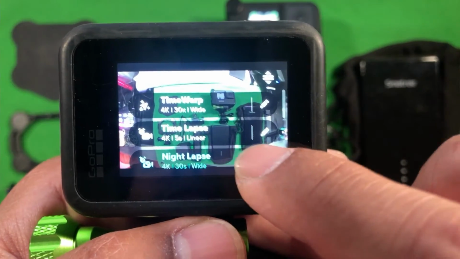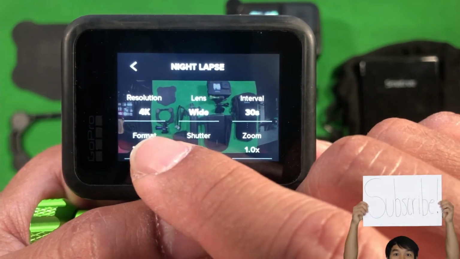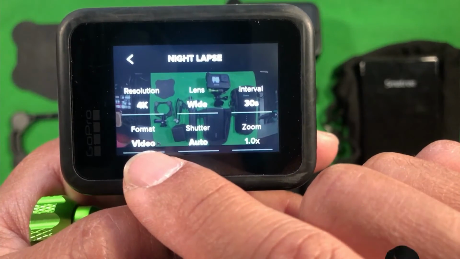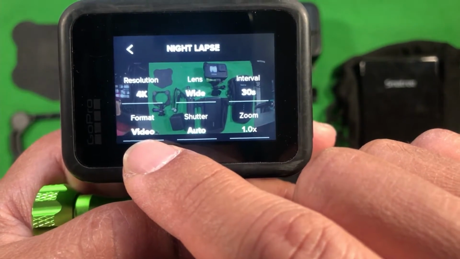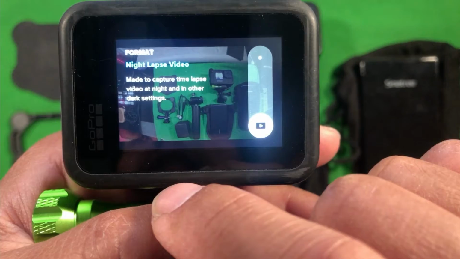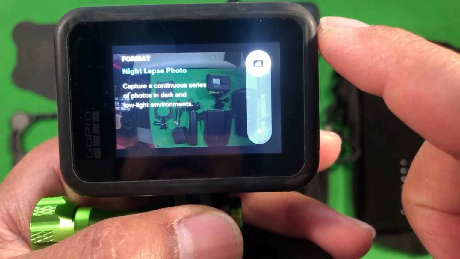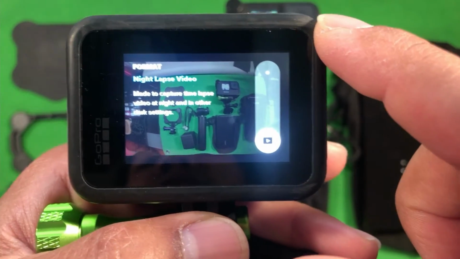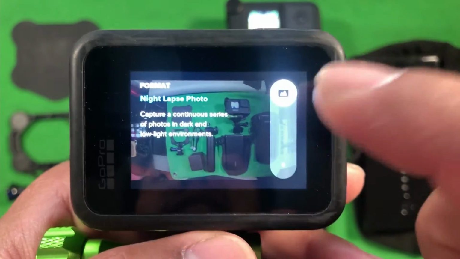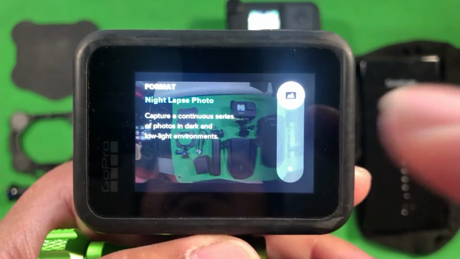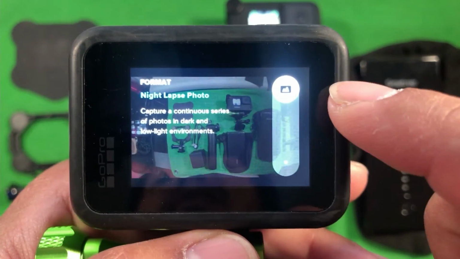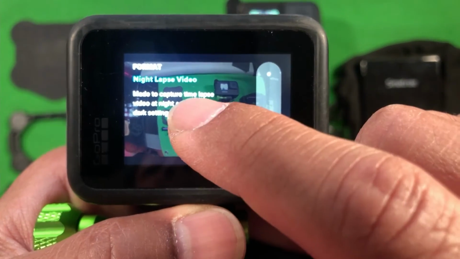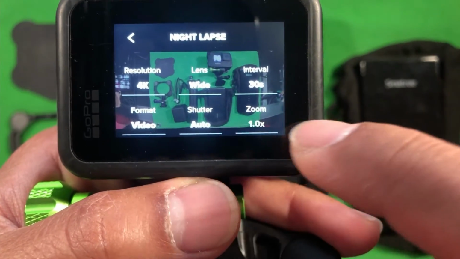You want to go into the settings, and what I have for my settings are 4K, wide, interval of 30, and the format is very important that you understand the format. When you touch format, you're going to have an option to do a photos version of this, or you want just, hey, give me a video so I can just start editing right away. This is more of a novice tutorial. For those of you who are already experienced, you know why you need photos, so you can have more options in post. So I'm going to select video format,